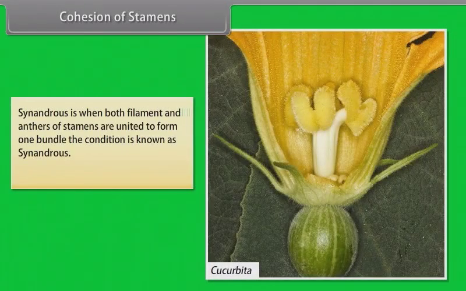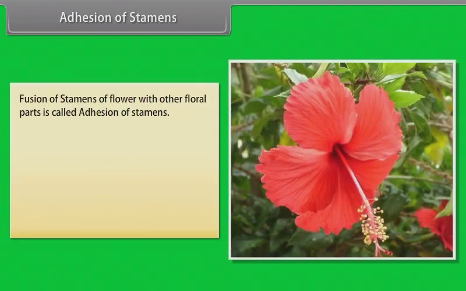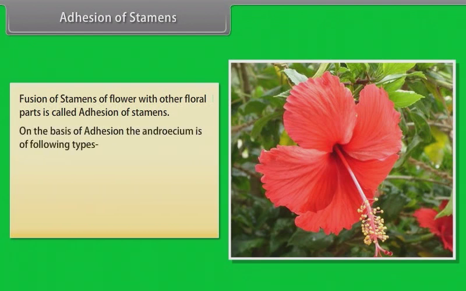Synandrous is when both filaments and anthers of stamens are united to form one bundle. The condition is known as synandrous. Example: Cucurbita. Adhesion of stamens. Fusion of stamens of a flower with other floral parts is called adhesion of stamens. On the basis of adhesion, the androecium is of the following types: